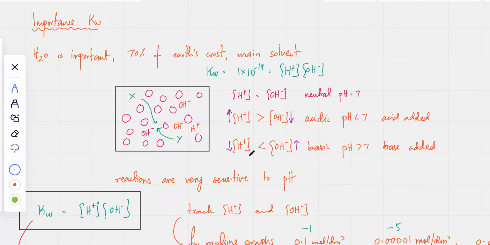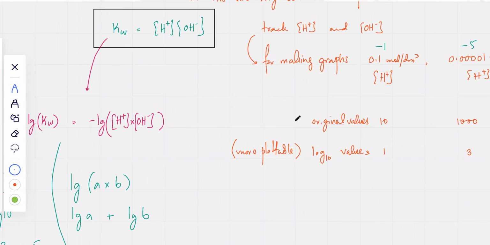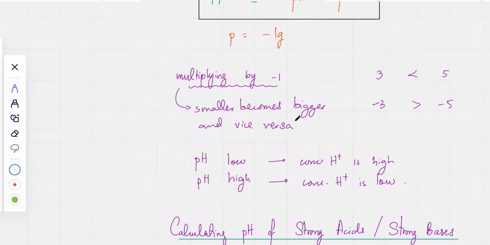So, which is why we only track H+1. I mean, we don't increase our workload. We don't really care about OH- because by just tracking H+1, you'd be able to figure out OH- automatically. Now the thing is,